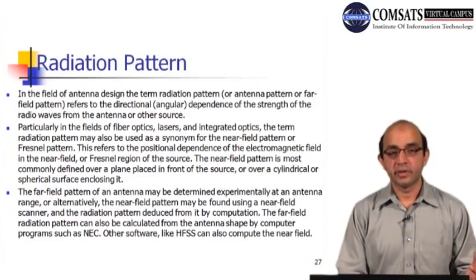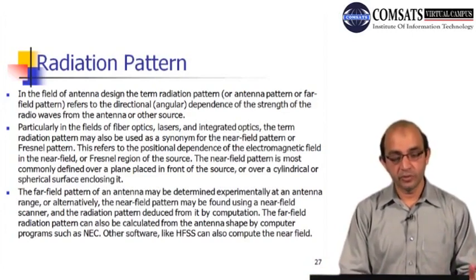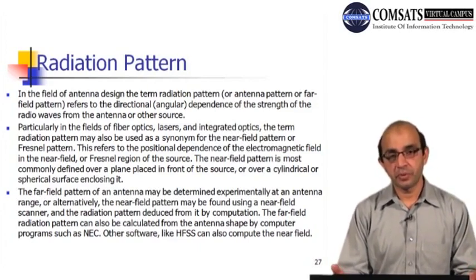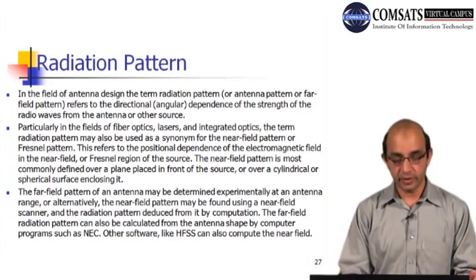The next question is how we can calculate those different radiation patterns. We can have the far field pattern analysis and the near field pattern analysis. There are different computer programs, and we can also use different techniques and tools in order to obtain the